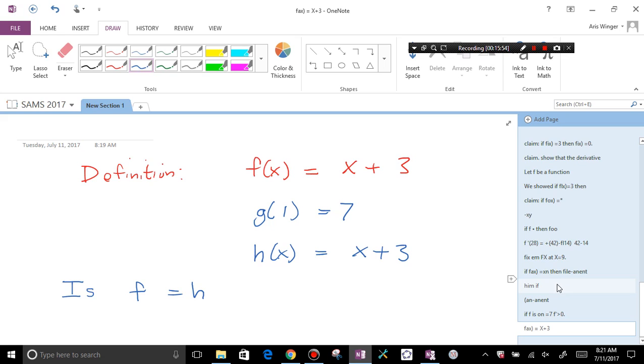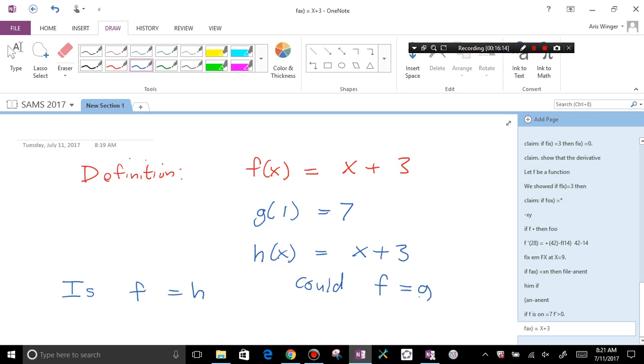When x is 5, f is 8, h is 8. When x is negative 3, f is 0, h is 0. For every x in the domain, they're the same. That's what it means for two functions to be equal. For every value in the domain, they're the same. The question is, could